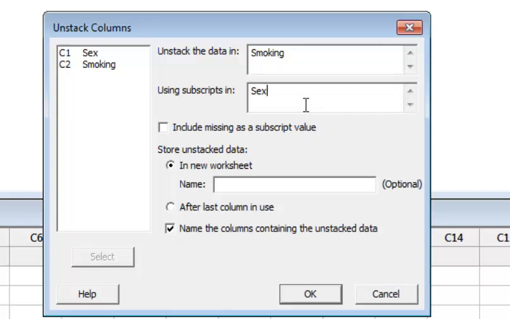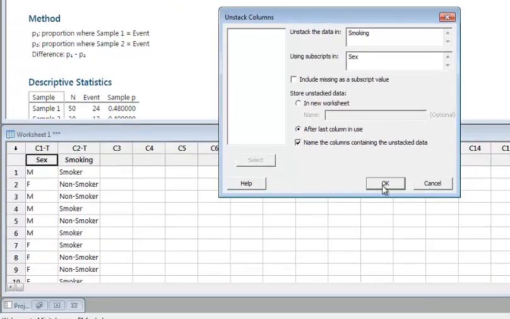So it will basically unstack your data in the smoking variable with respect to the sex variable. You can specify where you want to store these results. After the last column means it will store your results in C3 and C4.